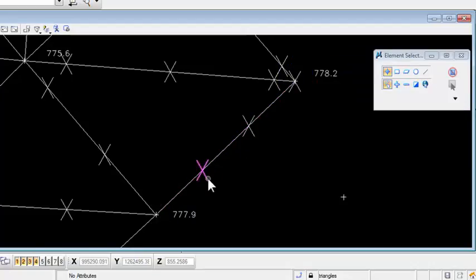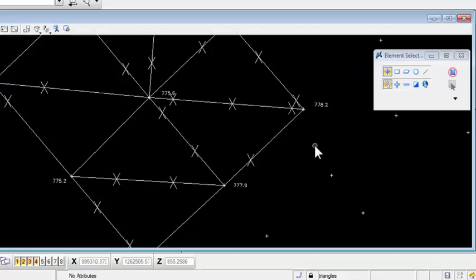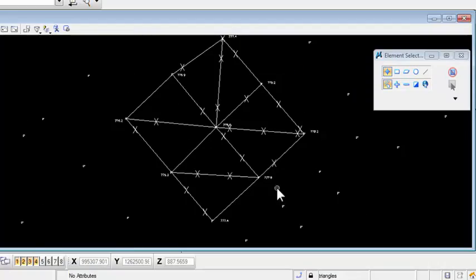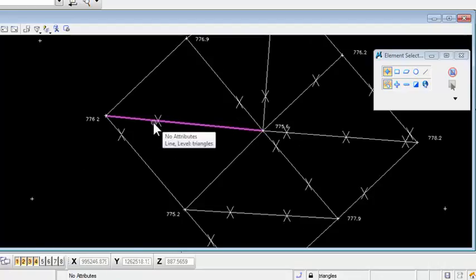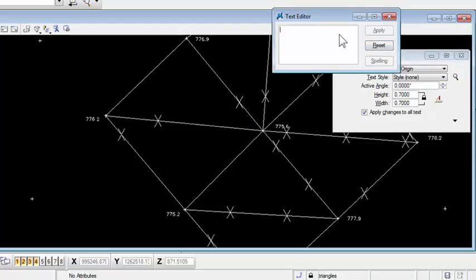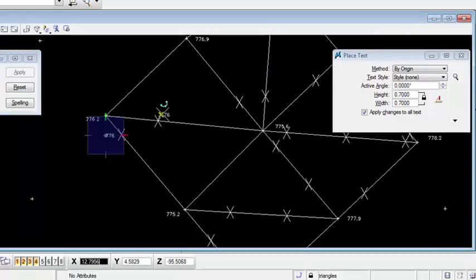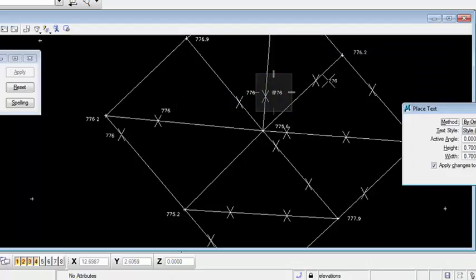This would be 778. And if you think about this carefully, you will see that I have some points that are all a common elevation. I know I have some that are 776, and I'm going to label these things. These would all be 776, and that one would be, and this one, and this one, and this one,